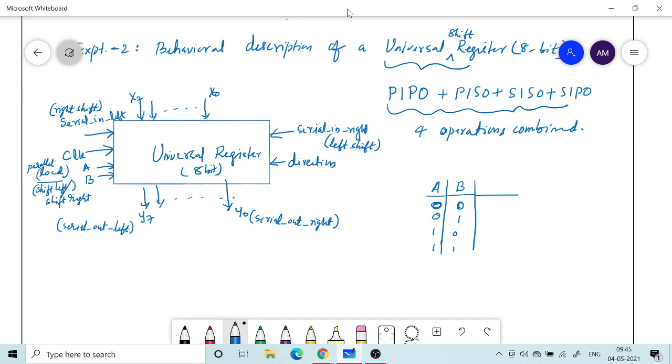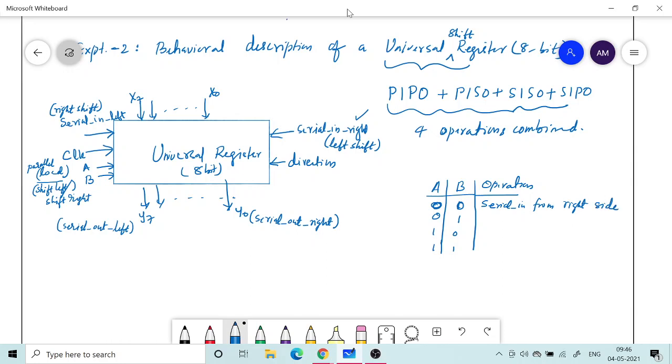You could do it the other way also, but I'm just giving one possibility. If A is 0, you are not loading the data, and depending upon the value of B, you do the serial shift operation. So here the operation is going to be serial in from the right side.